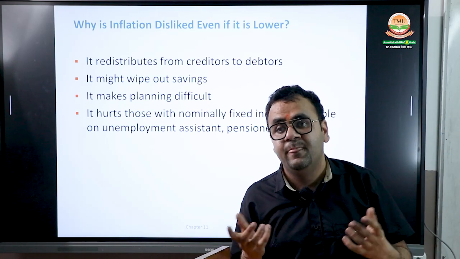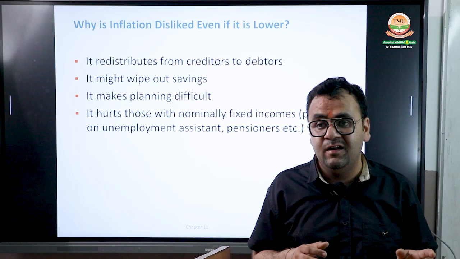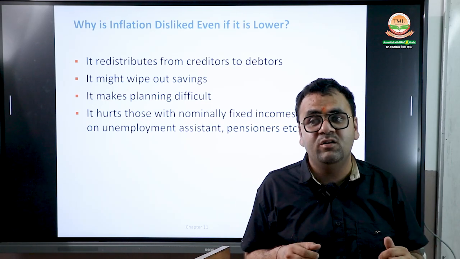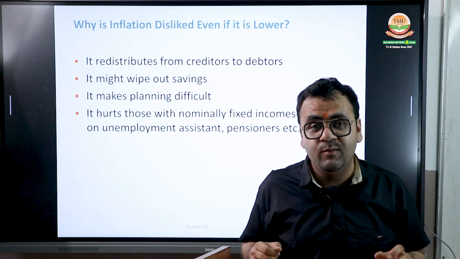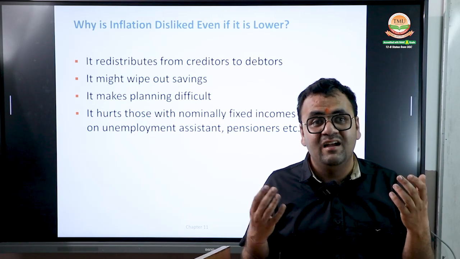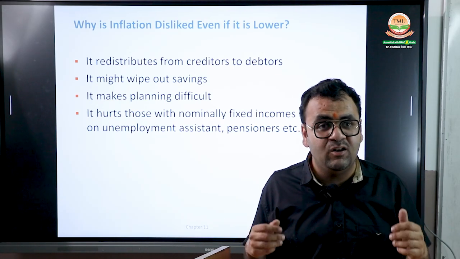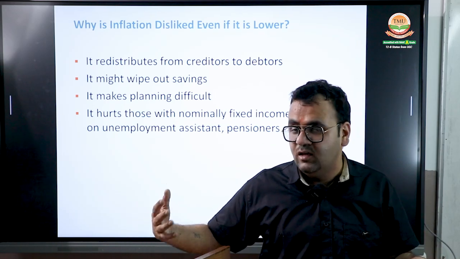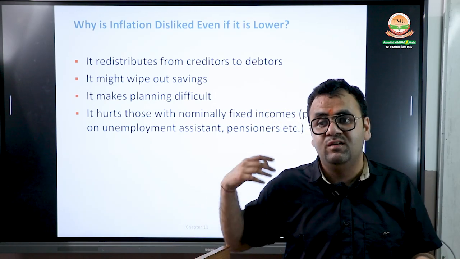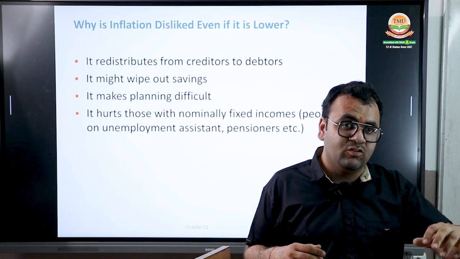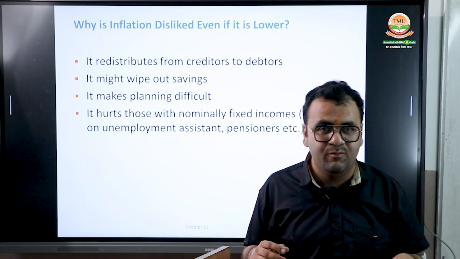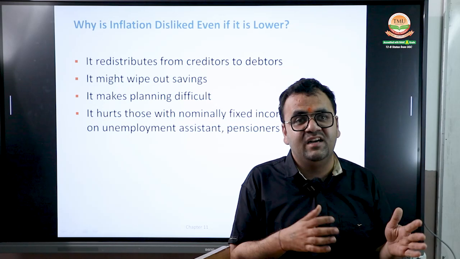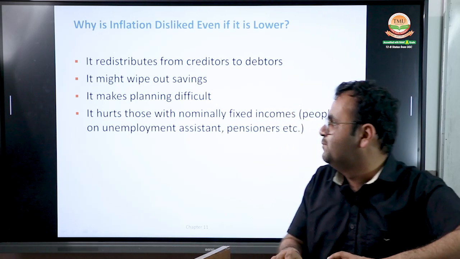For example, what will happen? The demand is too low and the production is too high. This also causes the problem of deflation. If demand is too low, it means people are not able to earn. That's why they do not want to buy goods. If they don't want to buy goods, the demand for goods will decrease and the supply will also decrease, because we know there is an inverse relationship between demand and supply of a commodity.